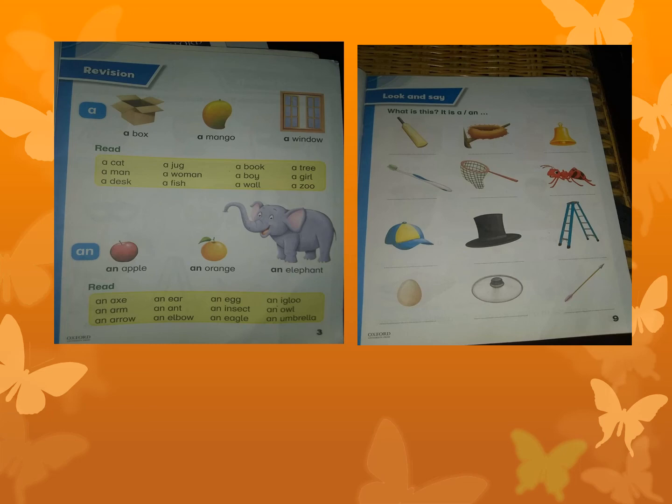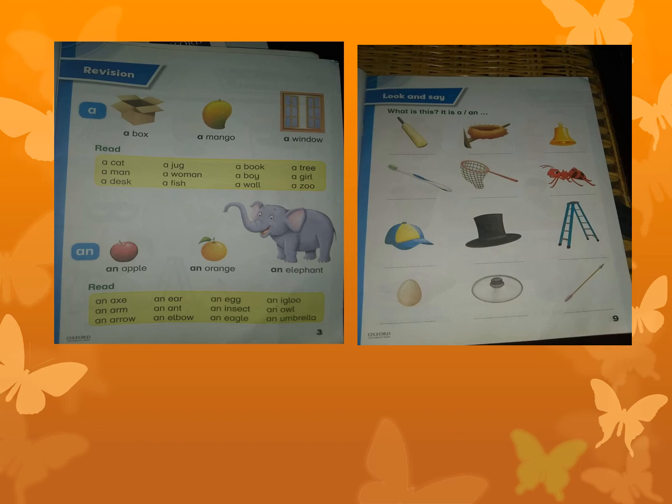Now, bat. The beginning sound of bat is a consonant. That's why we will use a: a bat, a nest, a bell, a brush, a net. An ant, the beginning sound is a vowel, so that's why we are using an.